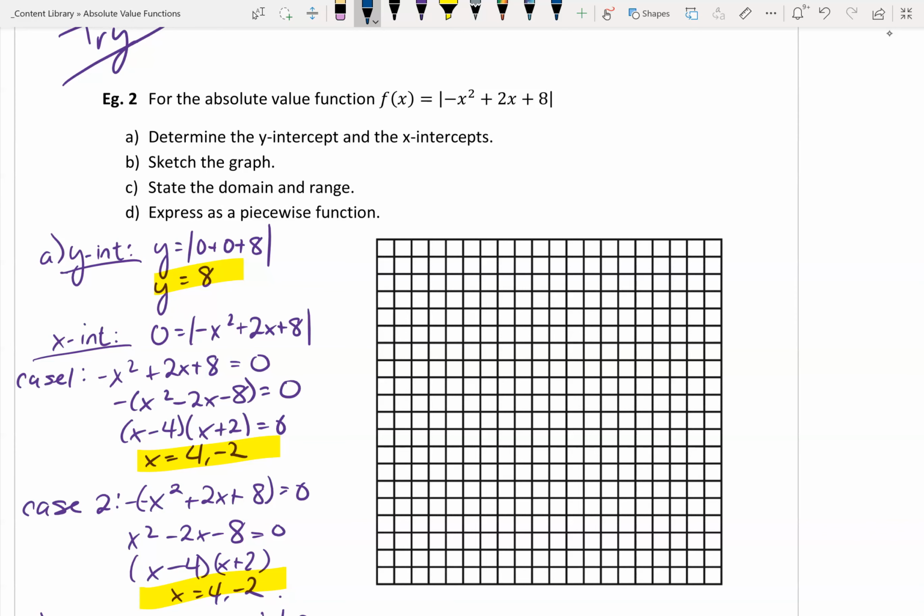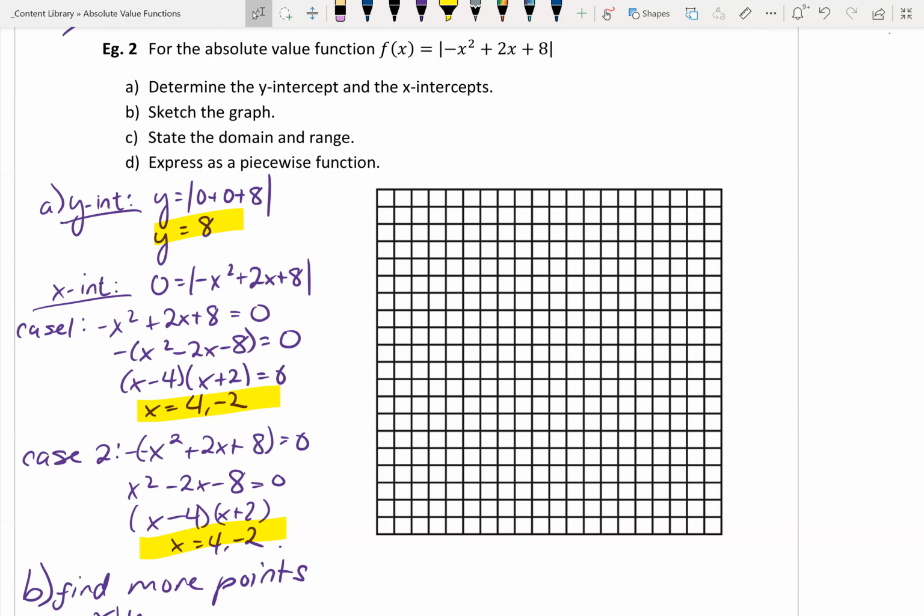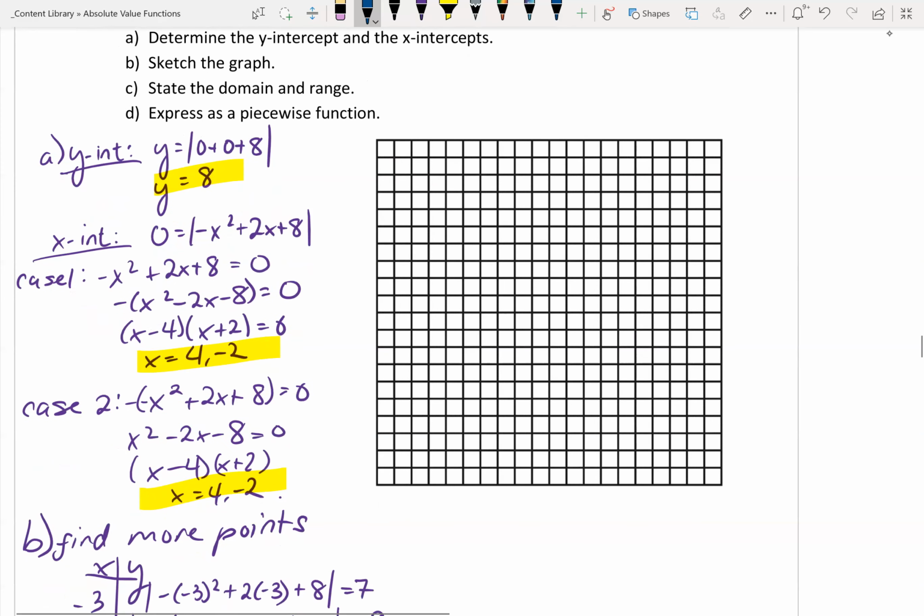For case 2, we're just going to negate what we see inside of our absolute value, which is negative times negative x squared plus 2x plus 8. And then I simplify the negative and factor it again, and we also got this very same x-intercept. Most of the time you will get the same x-intercepts anyway when you do the 2 cases, but it's always good to check. Now I'm going to go ahead and graph this